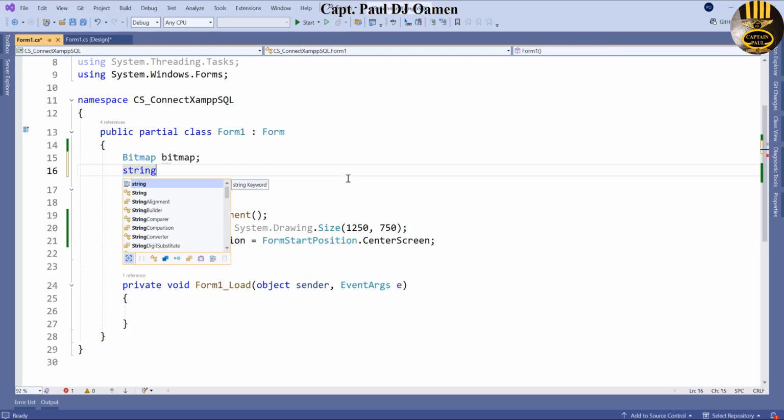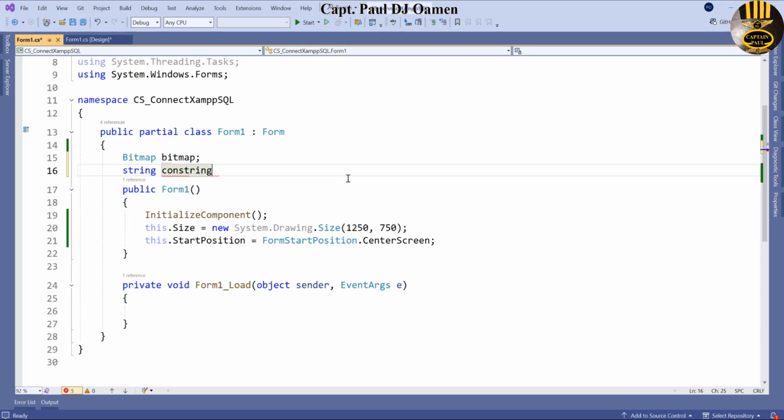Let's say string connectionString, that is the name of my object, that is going to be equals server equals localhost, semicolon, database equals students with an S, students,